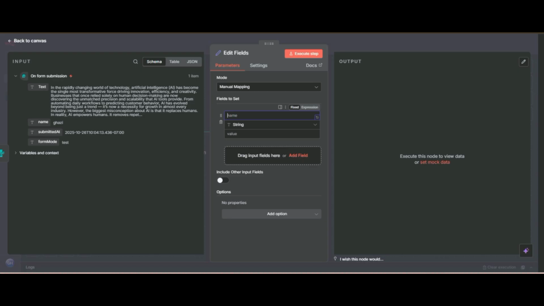Let's say I want to change the name from text to long text, and also remove unnecessary data, filter only text and pass it on.